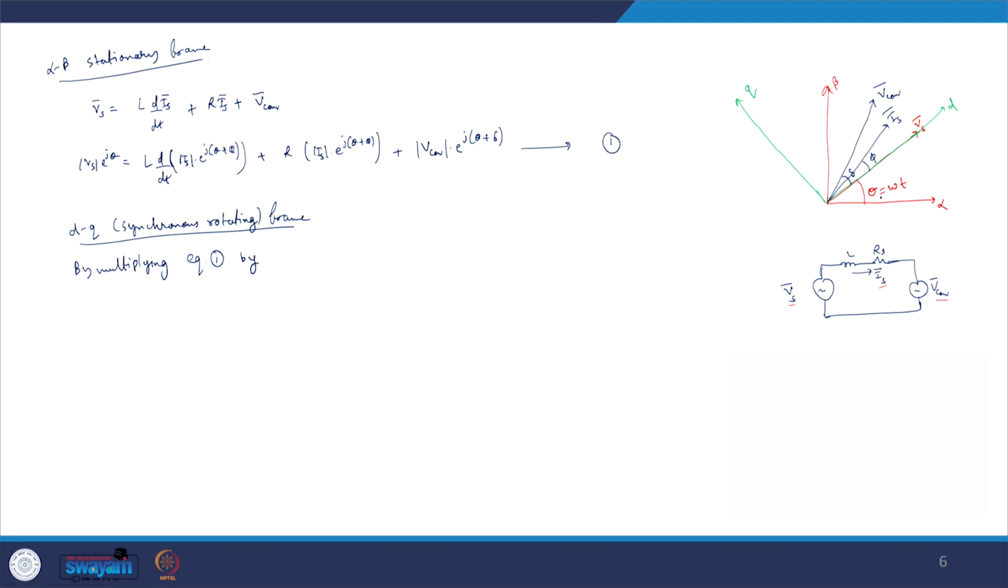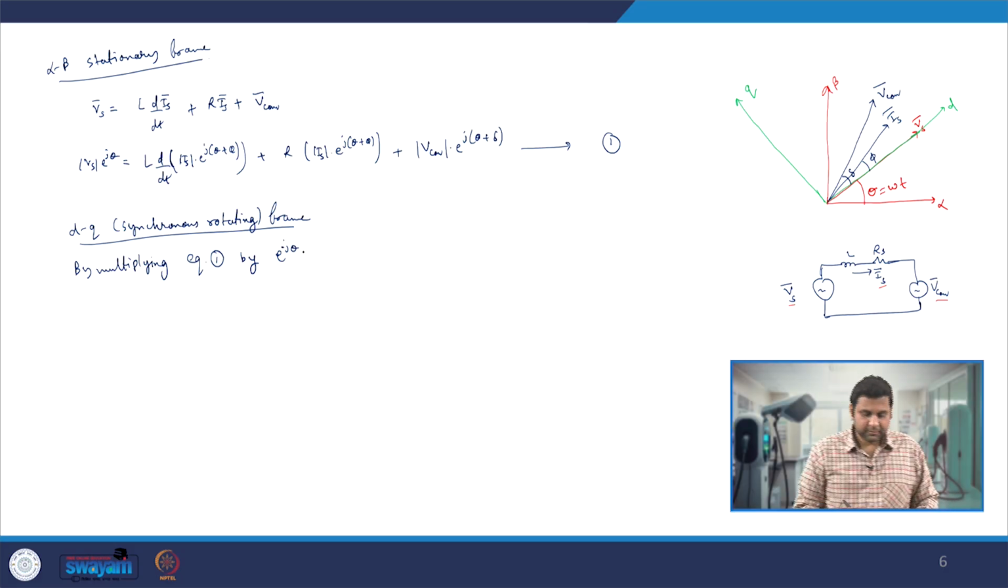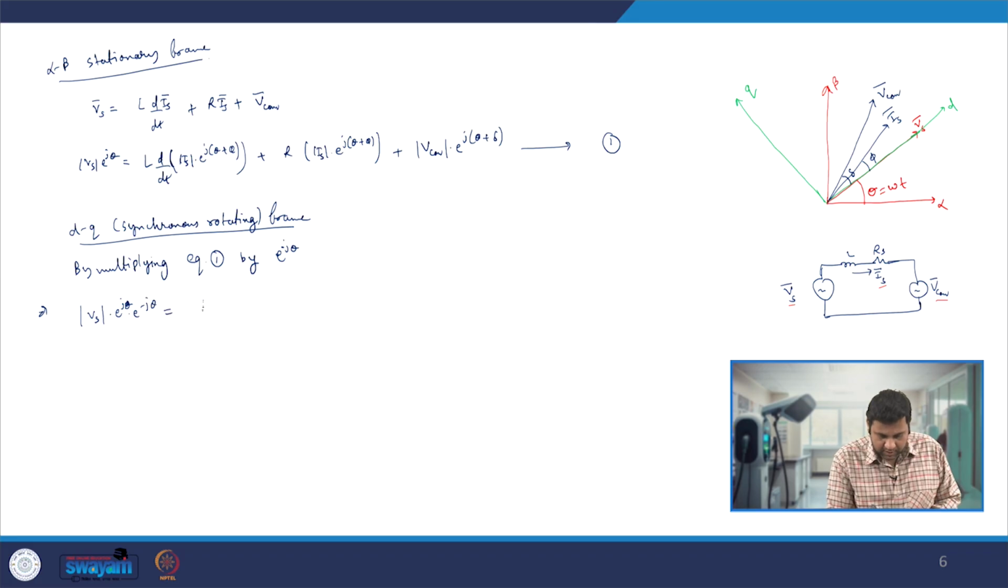So all the angles corresponding to the vectors are subtracted by angle theta. So we will get it by multiplying equation 1 by e raised to power minus j theta. Now that we will get by Vs e raised to power 0, because if we multiply this with, let us say, minus j theta, L d by dt